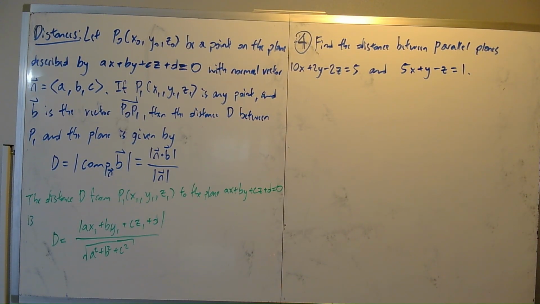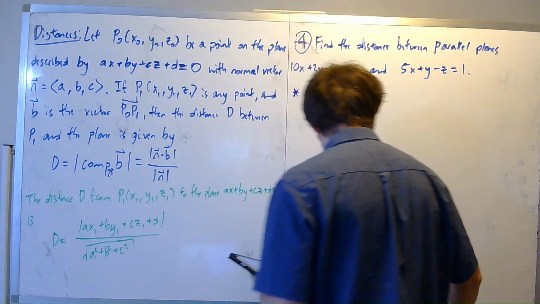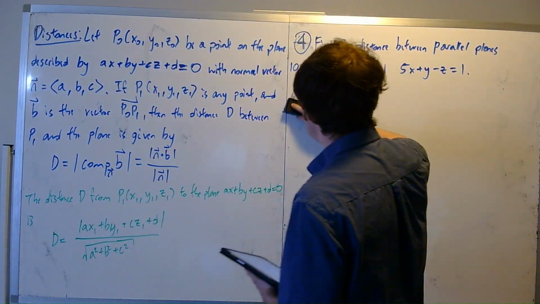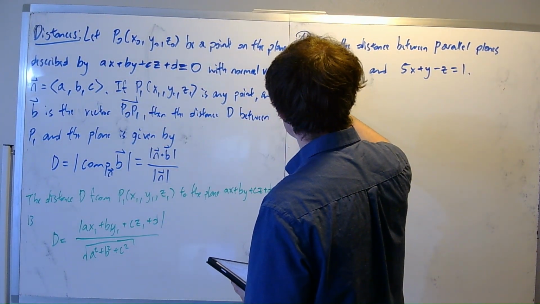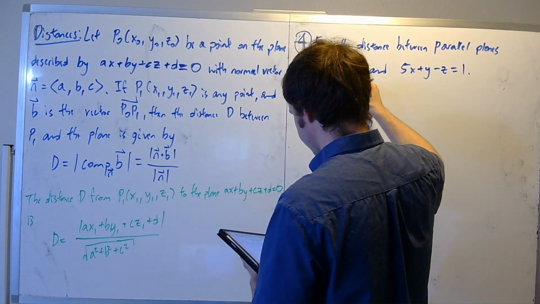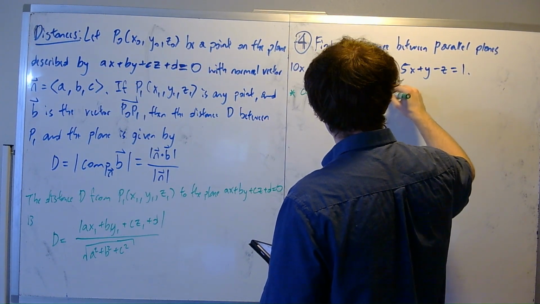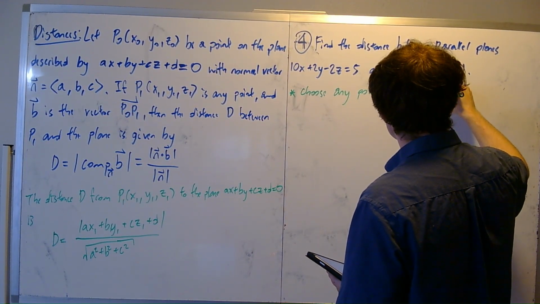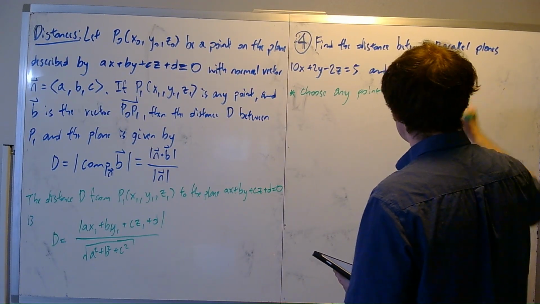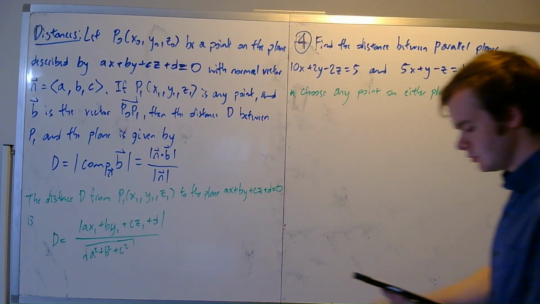Okay, so what we need to do is choose a point on both of the planes. So the first step here, maybe I'll write in a different color, is to choose any point on, and what I meant to say was on either plane. Right, so what I meant to say is we just need to choose a point on one of the 2 planes. So I'll choose